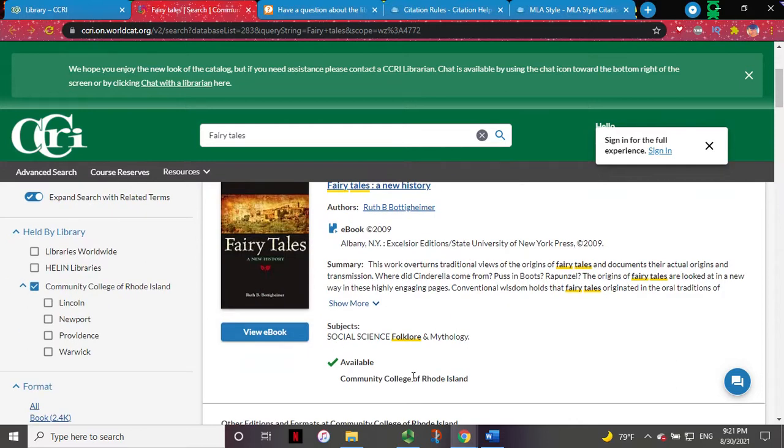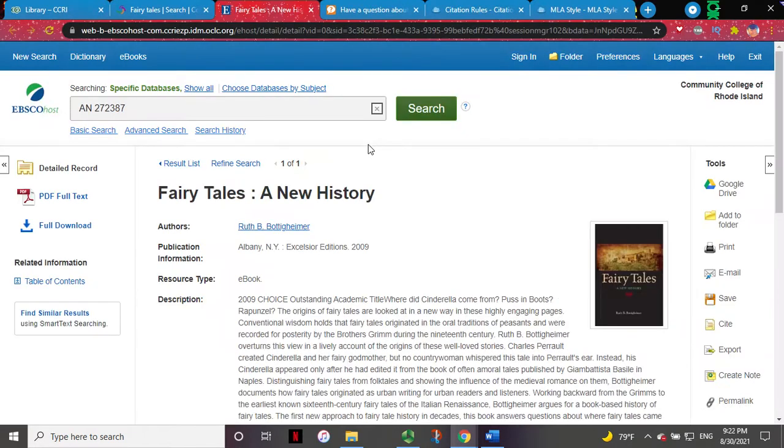We see the subjects here and we see that it is available, right? And there is an ebook. So I'm going to click on the ebook. I don't know where I'm going with this paper yet, right? But this is how you generate ideas, right? Because you might have a broad umbrella topic and you want to go narrowing it down because you don't want to cover too much, because